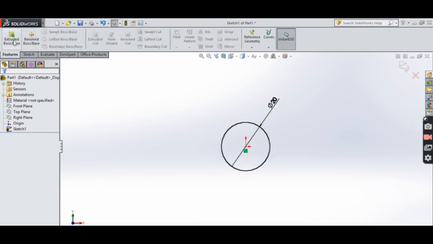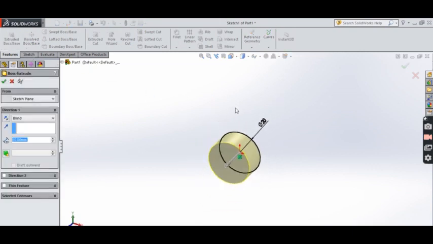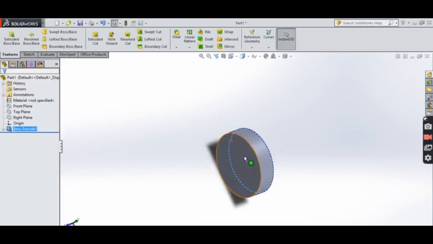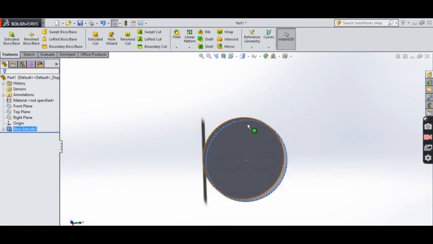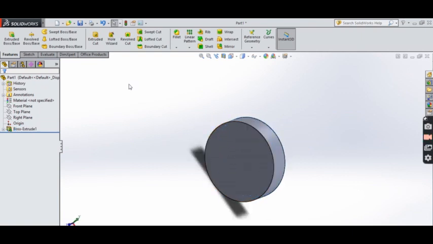So and extrude, you give extrude, they give thickness, that is the 3D model. Okay, so some thickness I am giving, 5 mm, that's all. So one circle object is created. Okay,